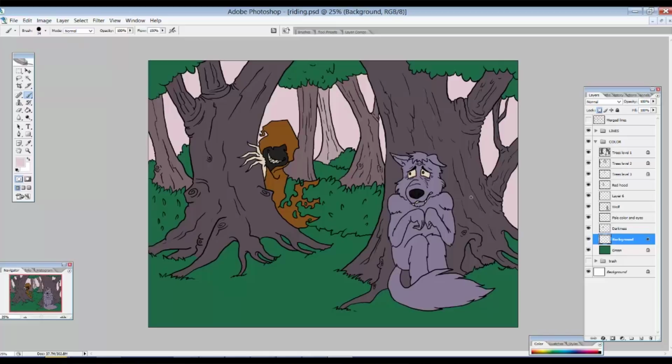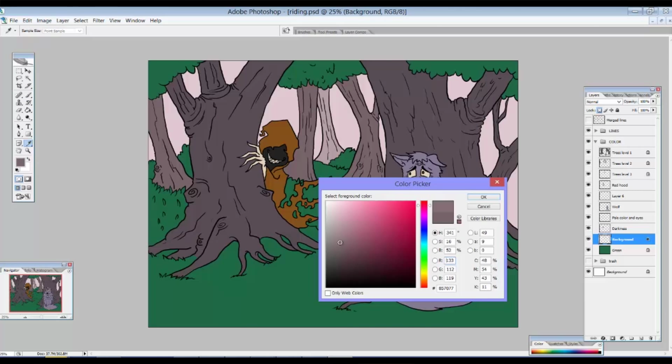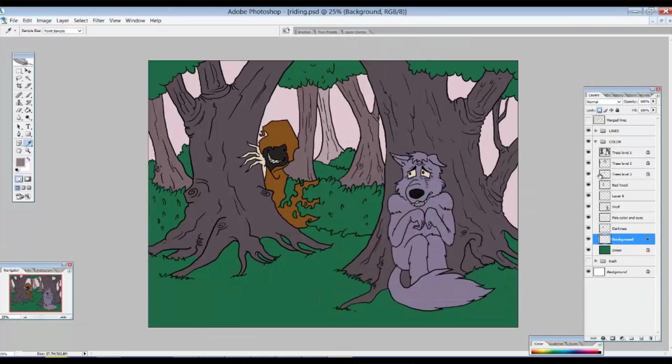And I'm going to take this color again. See, it's a lot of trial and error. I'm gonna make it a little bit lighter. I'm gonna lock the transparency. Oh, the wrong layer. So,